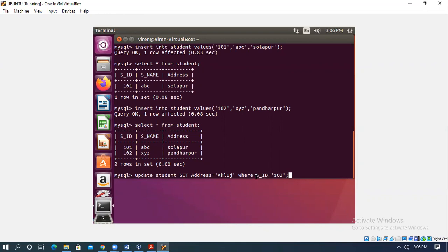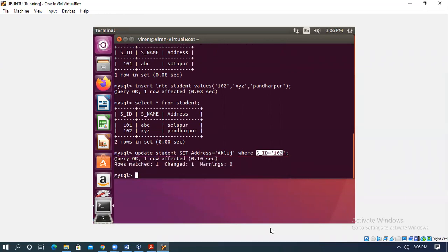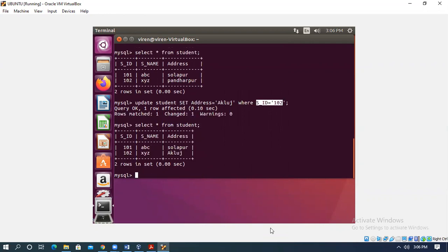This is a condition. We'll see now. Yes, query OK. It indicates successfully executed. Now we'll see the table. You can see here, previously it was Pandharpur. We have updated it, changed the value of that attribute to Akluj.